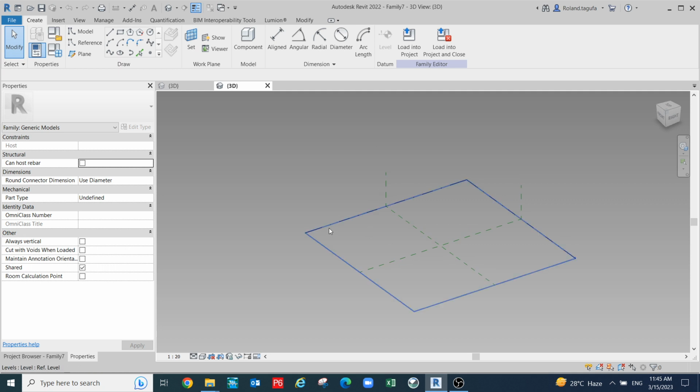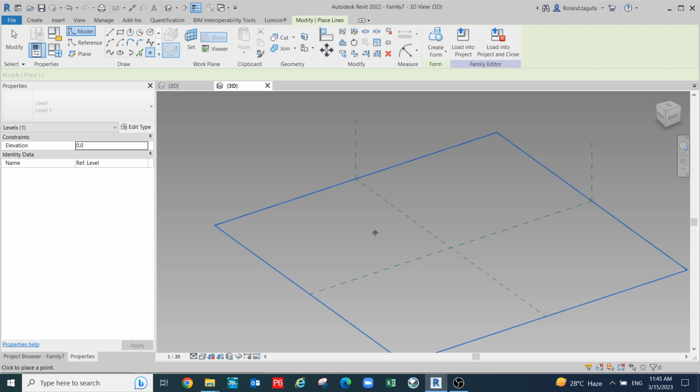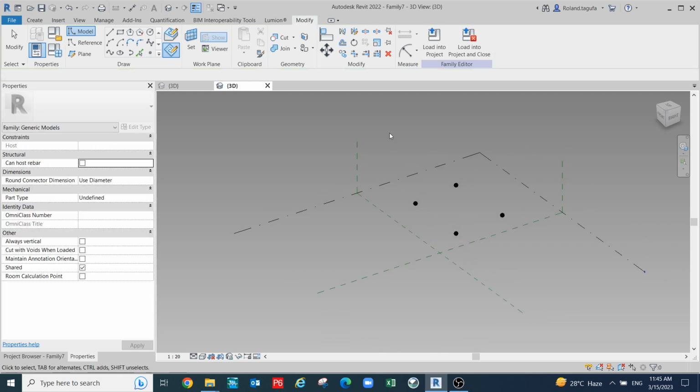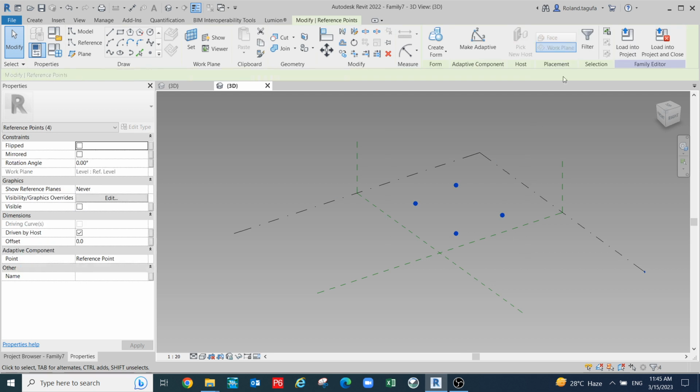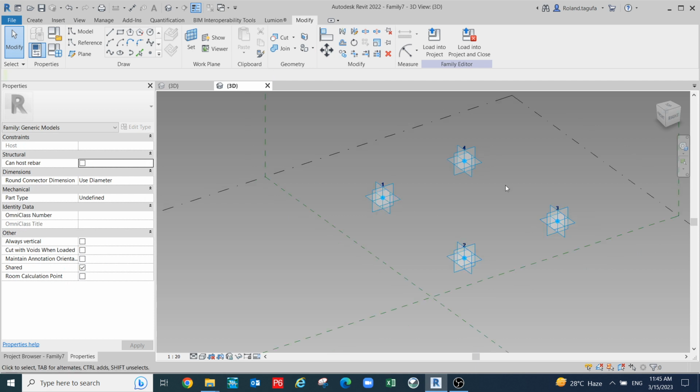Then I just created 4 points. Now you can create 4 points anywhere. I created 4 points here, 1, 2, 3, 4. And then just make these 4 points adaptive components, and you see the sequence 1, 2, 3, 4, and